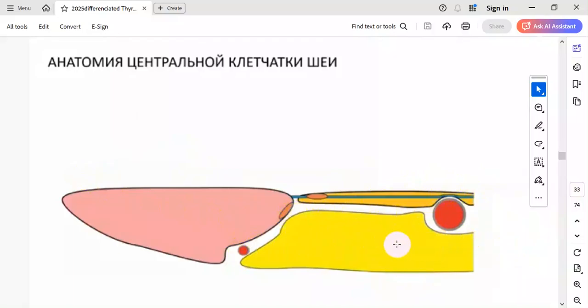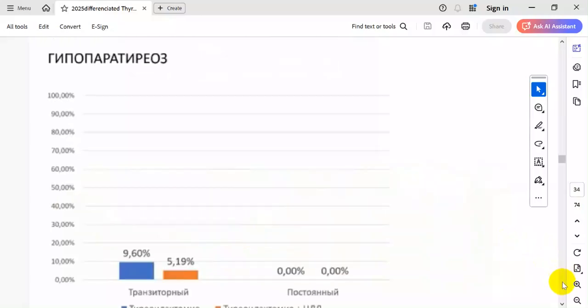That's why the central lymph nodes are located here. That's why sometimes it is very dangerous to do central lymph node dissection due to the location. And also here, when they compared in Russia hypoparathyroidism after total thyroidectomy and after lobectomy, they found